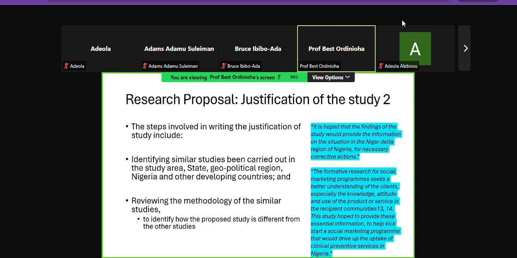Remember the hypertension studies, the examples I told you. I've done hypertension studies amongst lecturers, amongst traditional rulers, and even amongst clergy. So you can use other populations too. So if you are carrying out the study